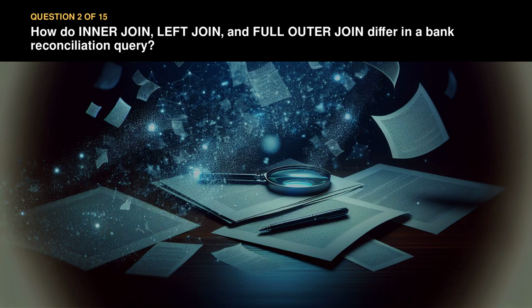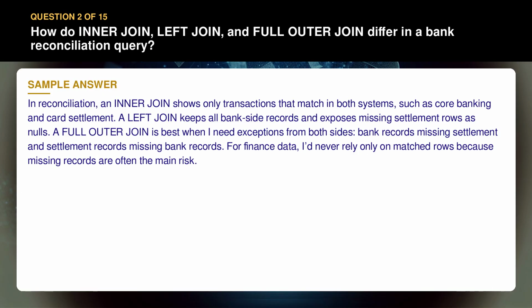Question 2. How do inner join, left join, and full outer join differ in a bank reconciliation query? In reconciliation, an inner join shows only transactions that match in both systems, such as core banking and card settlement. A left join keeps all bank side records and exposes missing settlement rows as nulls. A full outer join is best when I need exceptions from both sides, bank records missing settlement and settlement records